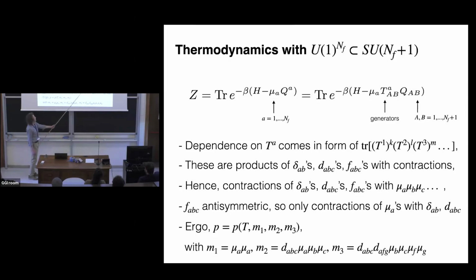Now, f is totally antisymmetric. So when you contract it with symmetric things, or a symmetric combination of chemical potentials, it essentially drops out. And so what this means is that the only combinations, the only things that the partition function can depend on